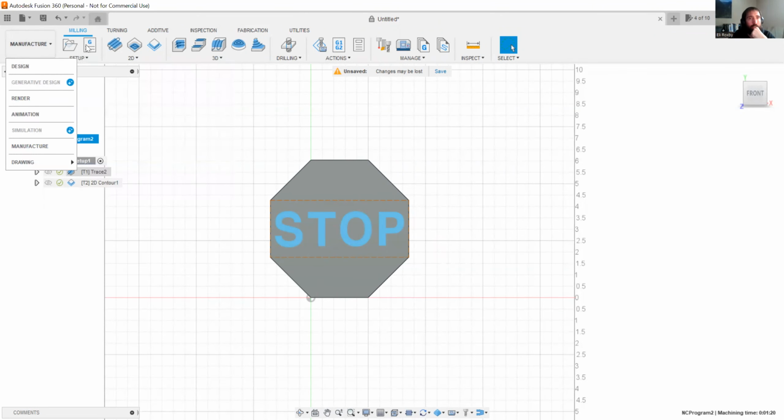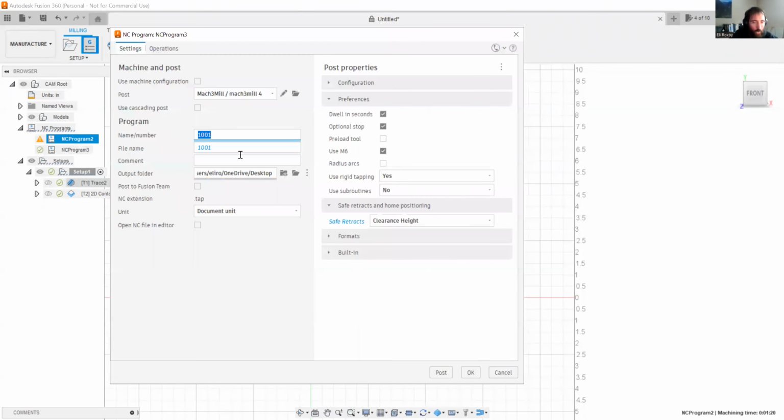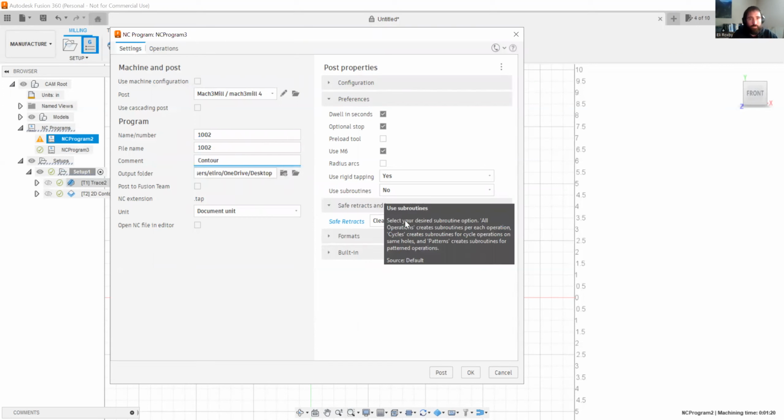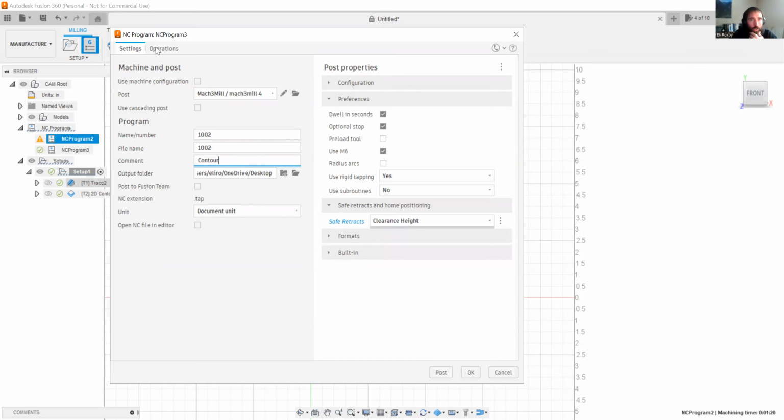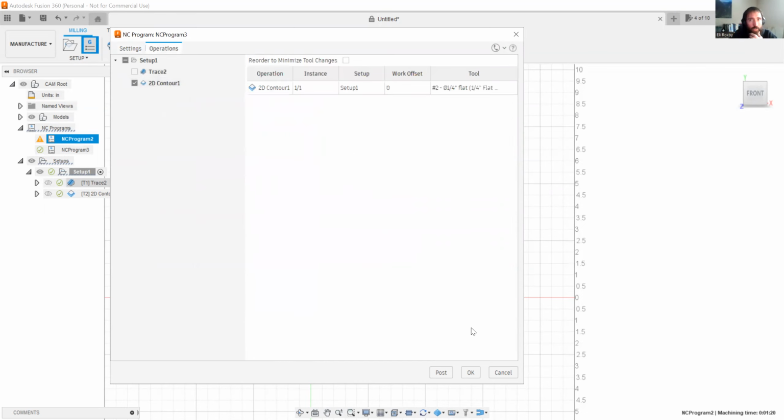And that is for the contour. We make one file for each process. So we're going to go into G code again. We're going to name this one 1002. This is going to be the contour. We're still on clearance height. We're going to go to operations, click our contour. You could put both of them in one file, but we don't want to do that. So make sure you click one process per file, post,